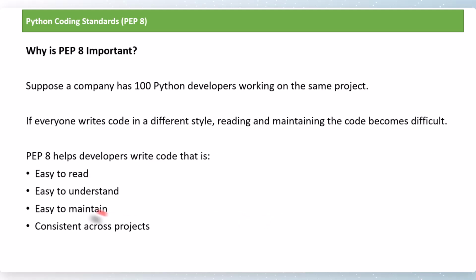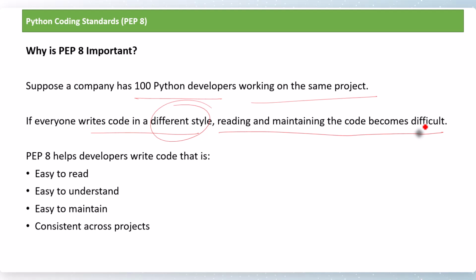Why is PEP 8 important? Suppose a company has 100 Python developers working on the same project. If each person is writing the code in a different style, then reading and maintaining the code becomes very difficult. For small programs or individual programs, you can write in any way.